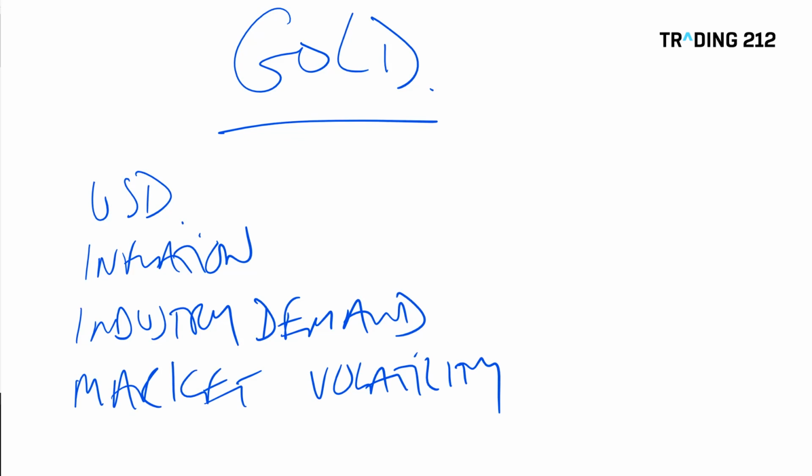And the last one, which again I think is an important one, is market volatility. Gold is a classic safe haven. If stock markets started plunging, for example, then one place that people traditionally see as a safe destination for their money is gold. And we've had rising stock markets for plenty of years now, but if things changed, that's another thing that could make gold more attractive to investors.